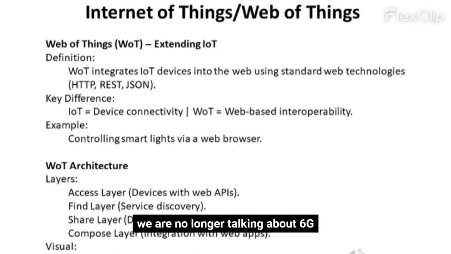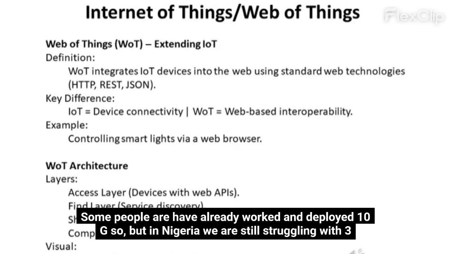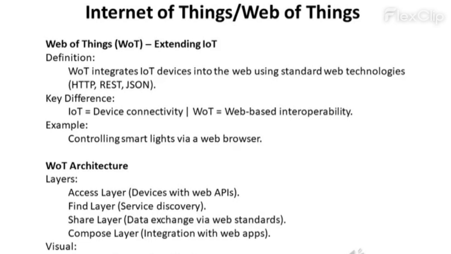we are no longer talking about 5G. We are no longer talking about 6G. Some people have already worked on and deployed 10G. But in Nigeria, we are still struggling with 3G, 4G. So what is all that about? IoT. So what's now